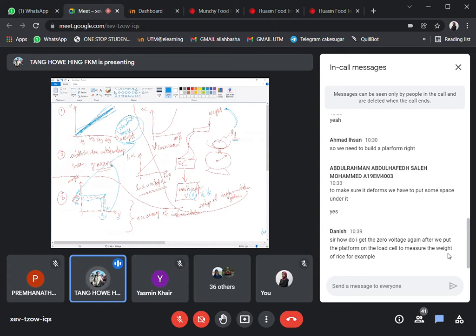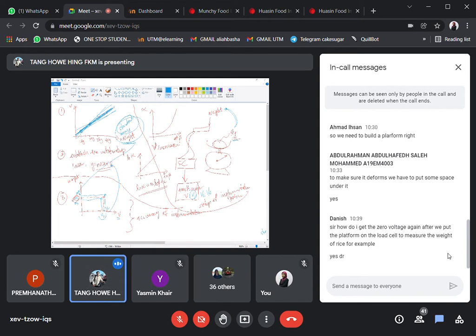So how do I get the zero voltage again after we put the platform on the load cell to measure the weight of rice, for example? You mean how to adjust the Wheatstone bridge in order to zero the voltage? Is it, Danish? All right, so in that case, for this load cell, I think most probably you won't be